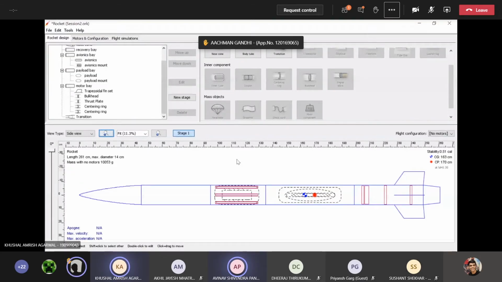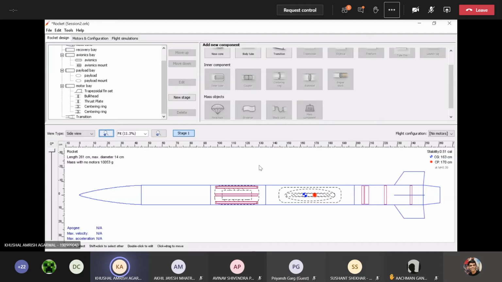Yes, Achman. Yeah, if it is modular, then if one of the components fails or there is some damage, you can easily remove it and repair it and put it back, or just replace it instead of having to build the whole thing again. Correct. That is one good reason. And anything else apart from that? Think in terms of how, if you compress a longer tube and compare that with compressing a smaller tube with a more evenly ratioed length by diameter. Think in those terms.